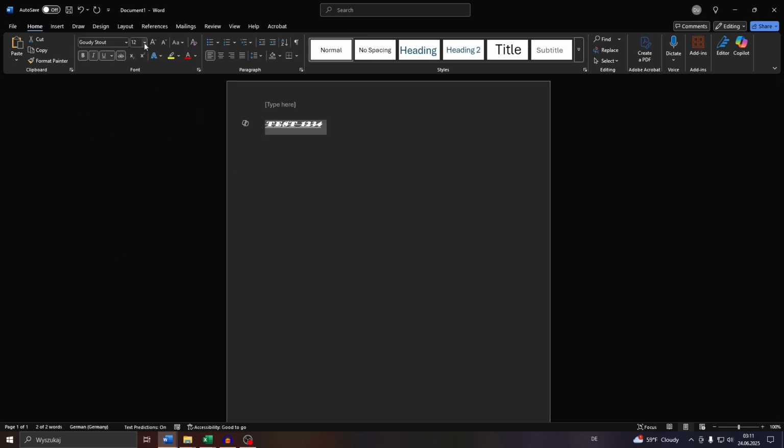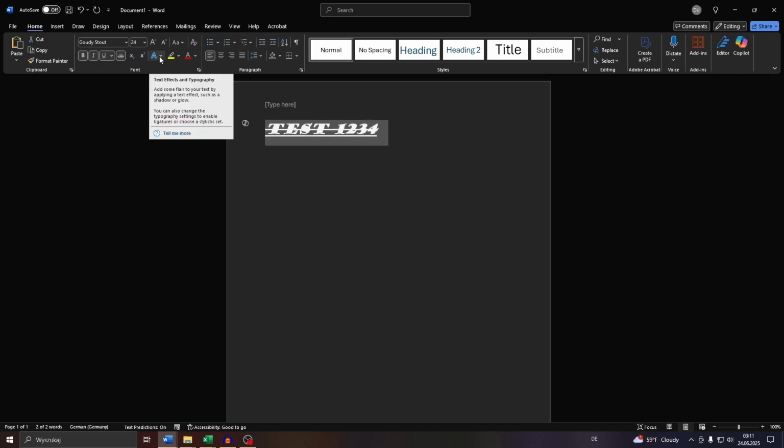And after that, also adjust the font size, like 12 is usually the default size, but you may go with, for example, 24, something like that. And that's basically it. Now, if you'd like to keep customizing, guys, you may, for example, change the font color